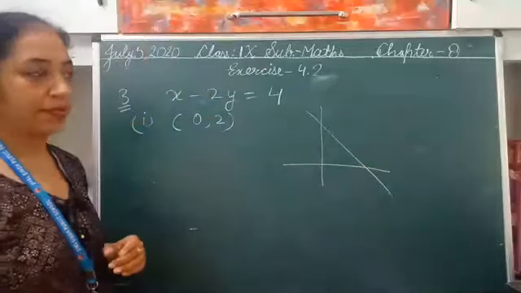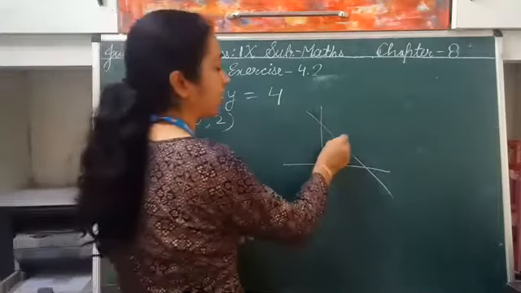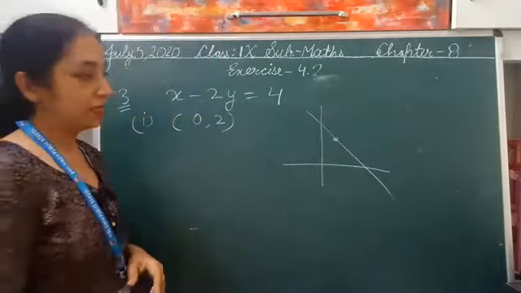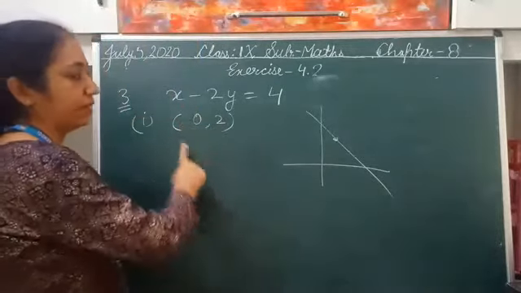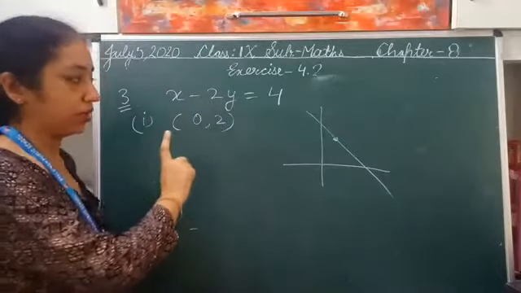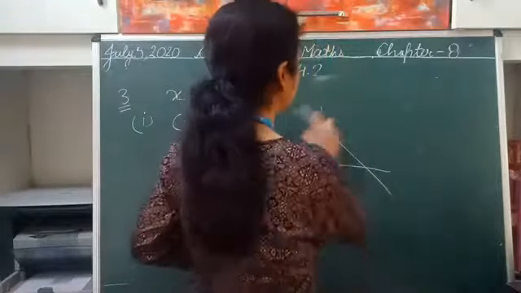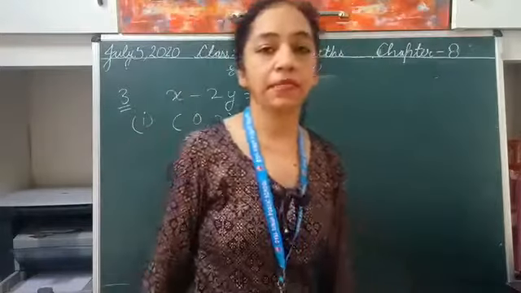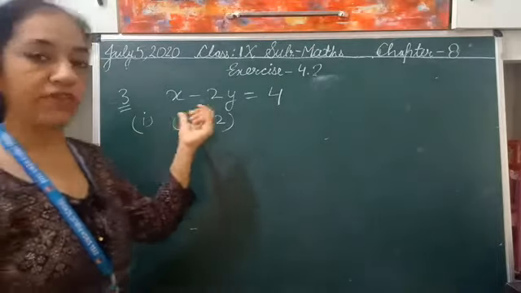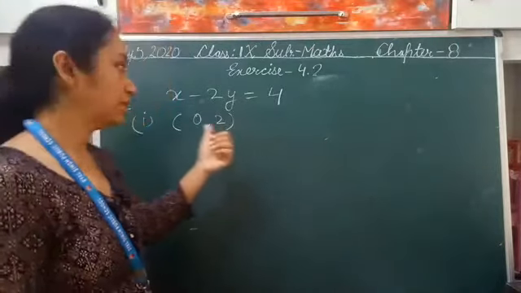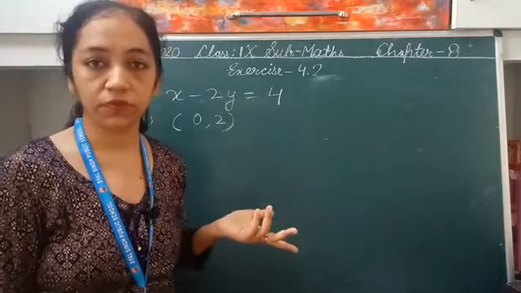Suppose this is the line, right? This point will be a solution when this point lies on this line, right? 0, 2. You just have to check whether this point lies on this line or not, whether this point is the solution of this equation or not, right? So how will you check the solution? When you put 0 in place of x and 2 in place of y, right? If you get your left hand side equal to right hand side, that means this will be the solution of this equation. Otherwise, this will not be the solution of the equation, right?